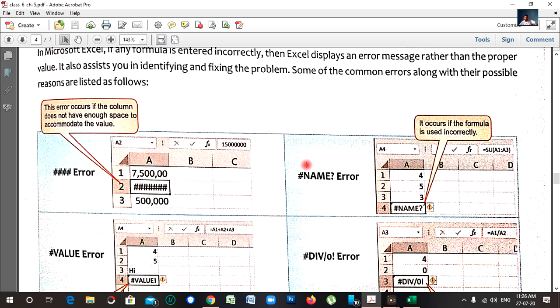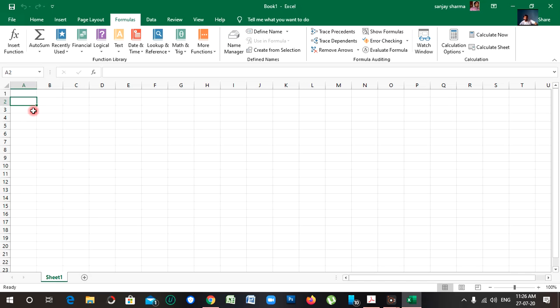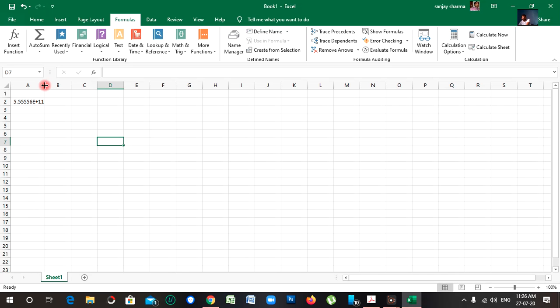Now we are going to do the practical of these errors. We have opened this. Suppose we have entered this type of number, and after that when we click on this, see here, this error will come.